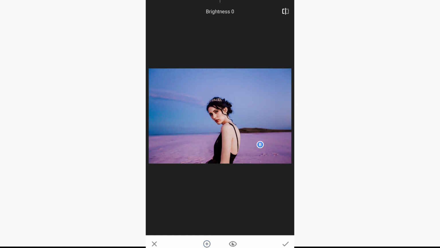Basically, you can add a point anywhere in your image, and then you can change the brightness, saturation, contrast and sharpness of that part of the image. You can add as many points as you want and decrease the saturation to get the color splash effect. It might work for simple images, but for complex images it will not work. So let me show you a method that will work in this type of situation.